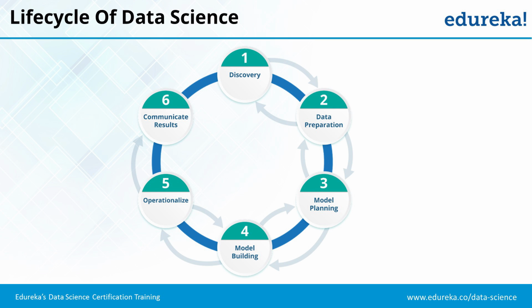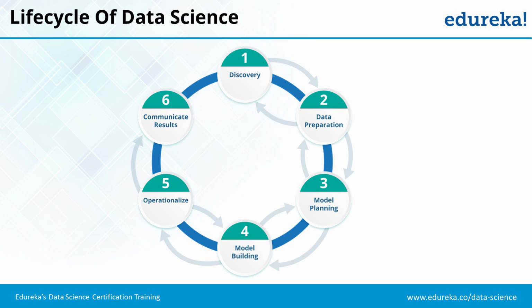Then we move on to model planning, where we identify what kind of algorithm we need to apply to this data, and we generate a model. We generate an equation that explains most of my data. In case of predictions, we take 2 or 3 variables, or a number of variables, that return a value that can be predicted. For example, I can take time of visit in a store, the past history of a customer as another variable, and third, whether I am accompanied by my family or not whenever I make purchases, to determine whether I am likely to buy a shirt or not. This kind of model we develop in the model planning phase.